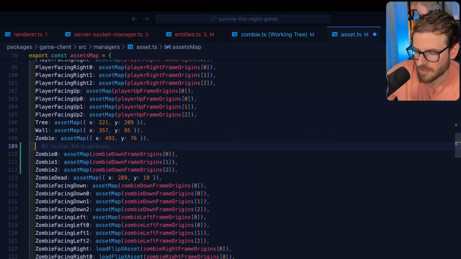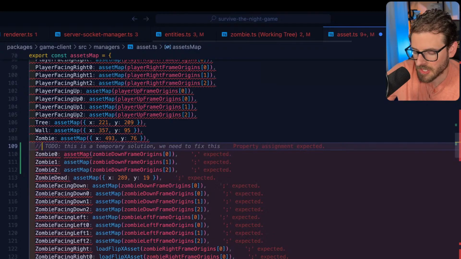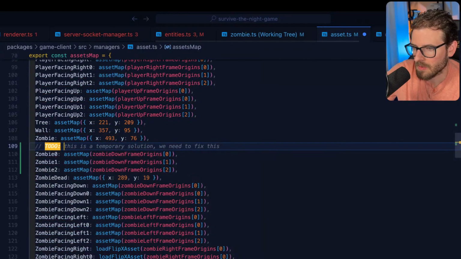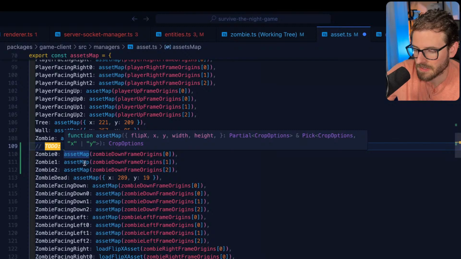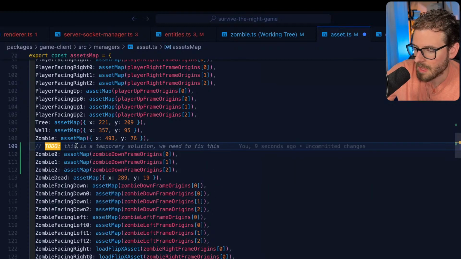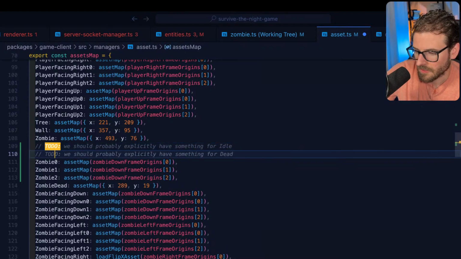You know what? Sometimes, like I mentioned at the start of the stream, you're going to get into a rabbit hole situation. You're like, dude, I know I could fix this and refactor the way we're doing animations, but that's going to be another whole hour or two of trying to get it refactored. So I'm going to say we should probably explicitly have something for idle to do.